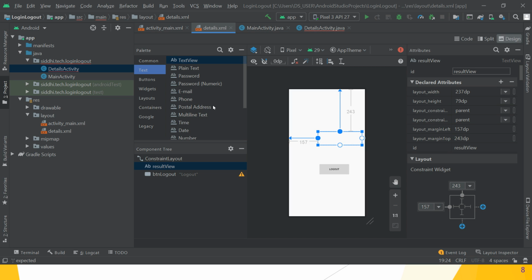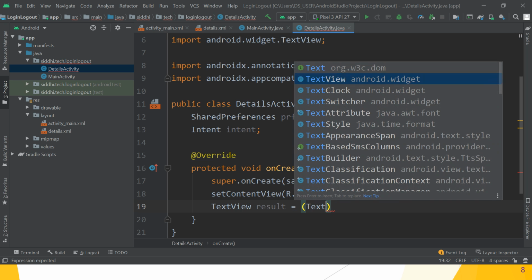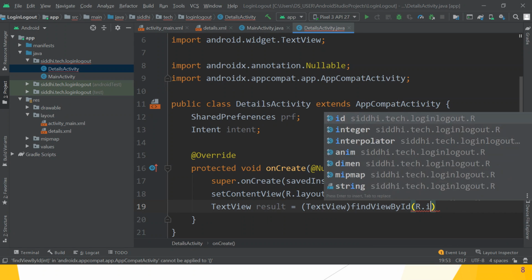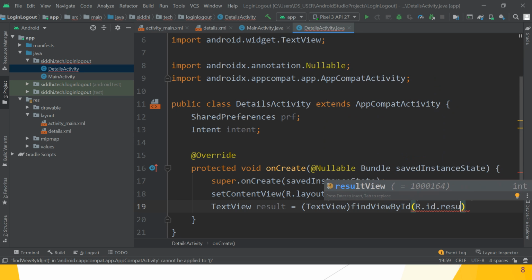Great. So in the details view we can add a text view. Okay. So result is equal to what? Choose TextView. Which method? findViewById and pass the id. What is the id for that? R dot id dot what guys? Result view.